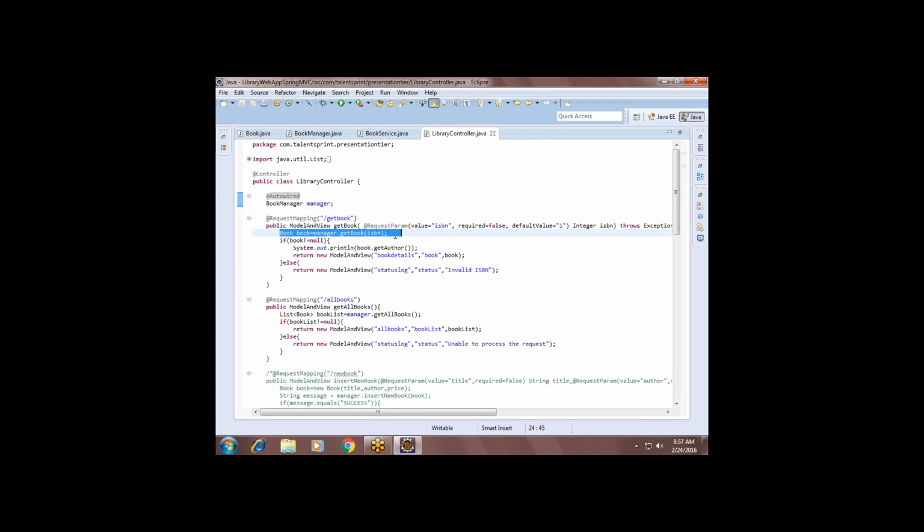Manager methods. See, manager methods, no? Manager dot get book, right? So generally, if you are not using Spring, you will create an object for the manager, no? Manager is equal to manager, right? But then why will we need to use the manager first of all? I mean, why can't I directly query the DAO and get that information? That's what I'm asking. Can anyone tell me if you know that?